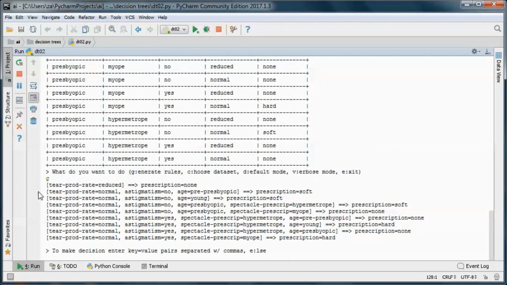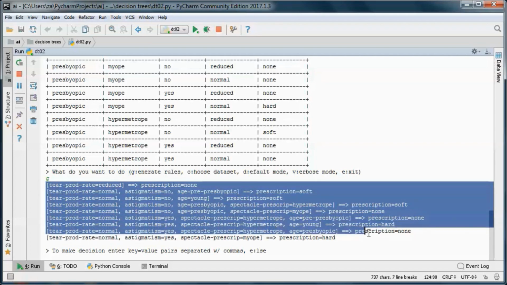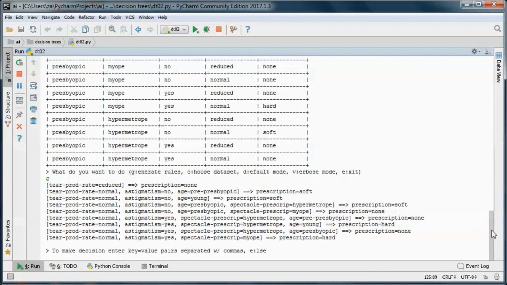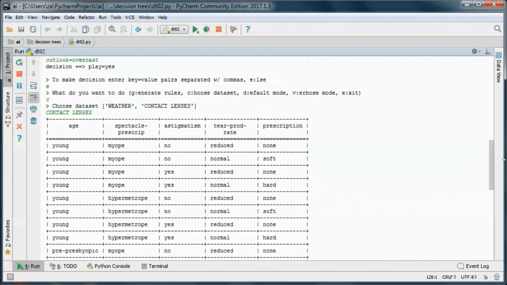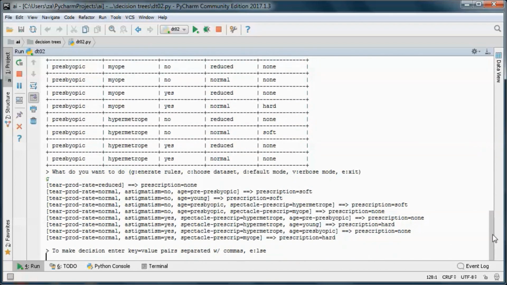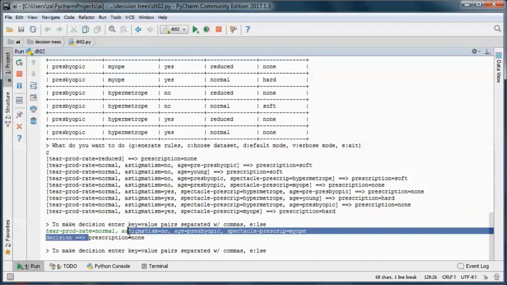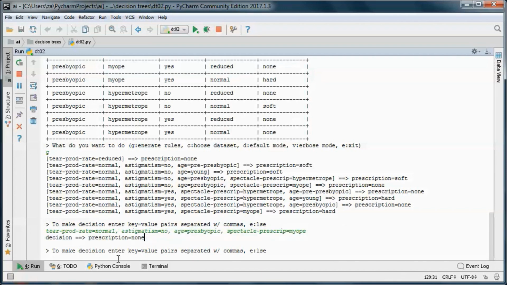So we have 9 different rules for this contact lenses dataset. So let's try this one. Don't have a prescription in that case.